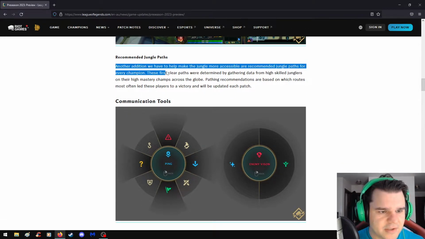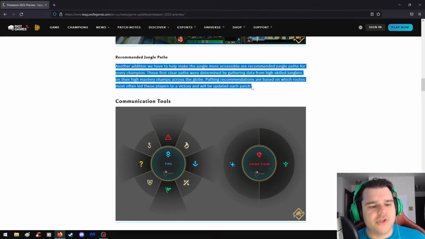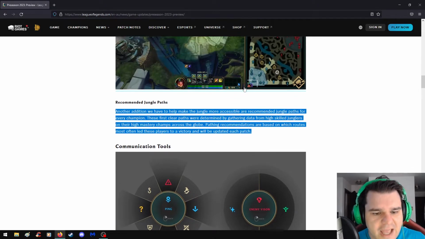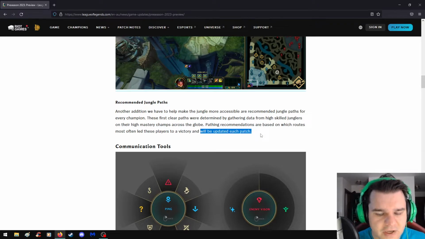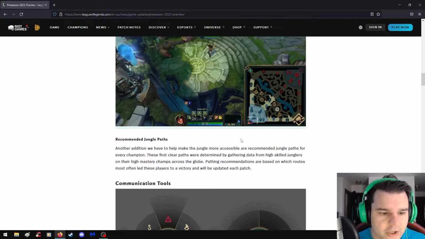Recommended jungle paths, another addition, some more jungle changes for new players. Another addition we have to help make the jungle more accessible are recommended jungle paths for every champion. These first clear paths are determined by gathering data from high-skill junglers on their high mastery camps across the globe. Pathing recommendations are based on which routes most often led these players to a victory and will be updated each patch. So this is really important because this could end up ruining the game in the long term for new